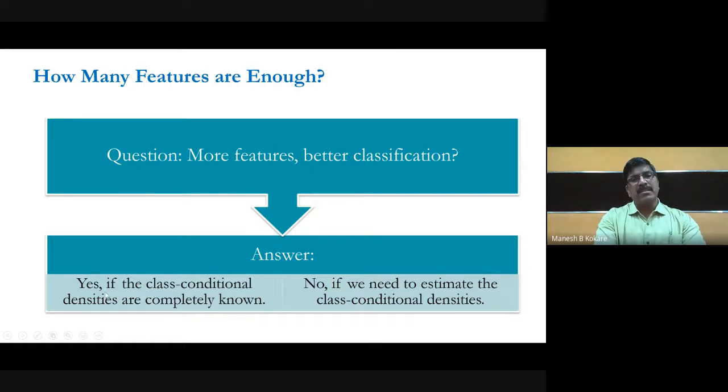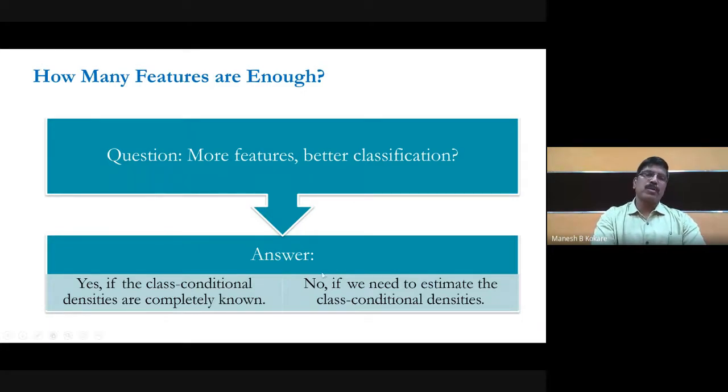The answer is yes, if the class conditional densities are completely known. If class conditional densities are completely known, then more features are better for improving the accuracy. But if class conditional densities are not known and we need to estimate them, then a larger number of features is not good, because it will increase the computational complexity and make the system sluggish.